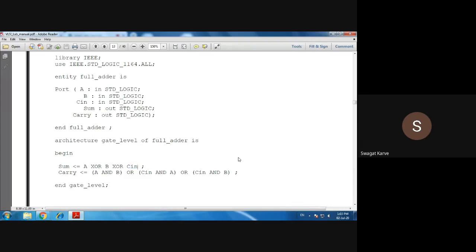Clear with this? Now, in this way, we are going to proceed with the different examples and different VHDL code. And if time permits, after completion of this theoretical explanation, today is Thursday, right?